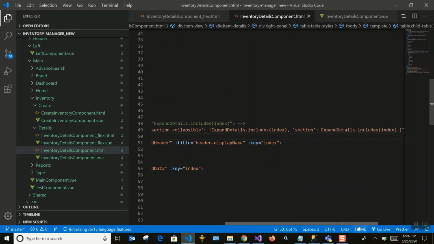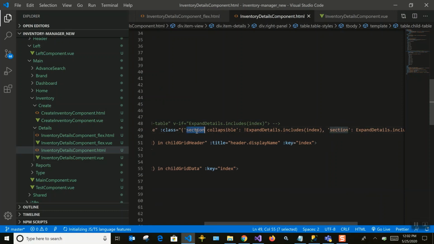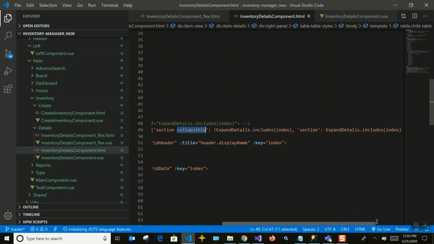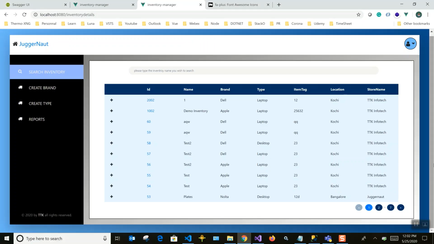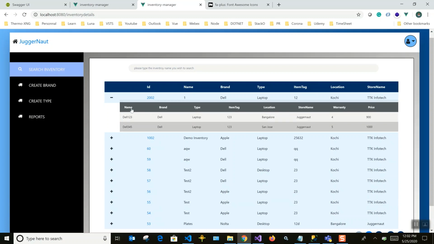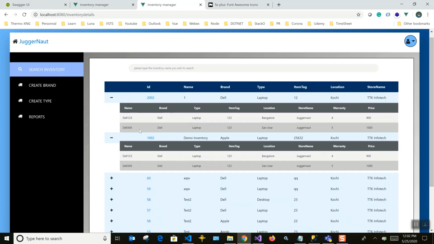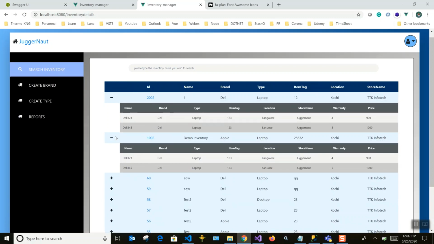In TypeScript, you can append different classes based on the conditions you have. So you have a section and a collapsible class, two classes we are appending there, and in this case we are giving only the section class. I'll show you how it looks. You can see it is just transitioning from top to bottom.